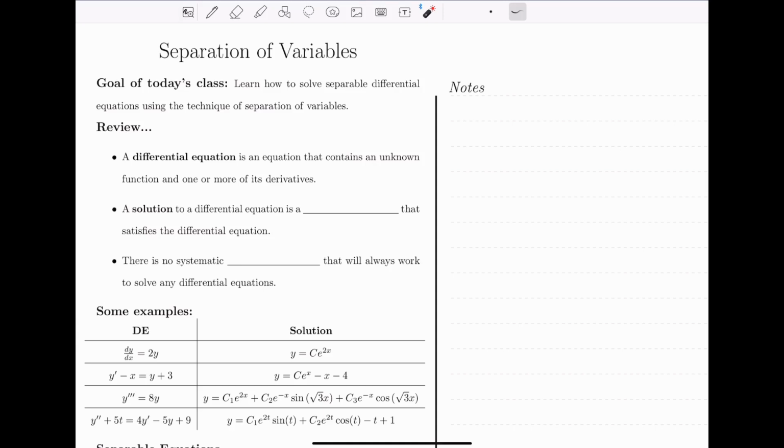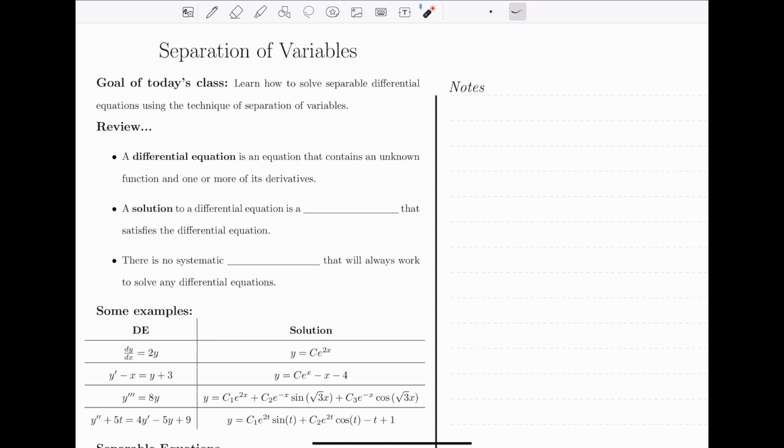Hello and welcome. In this video, we will learn about separation of variables. Separation of variables is a technique for solving certain differential equations that are called separable differential equations. And before we get into actually looking at this technique of solving these differential equations, let's do a little bit